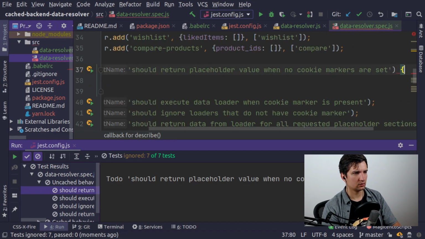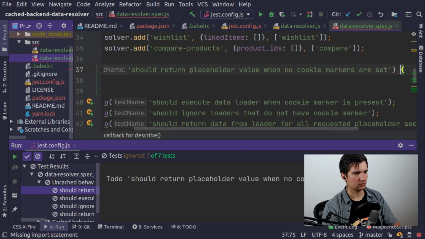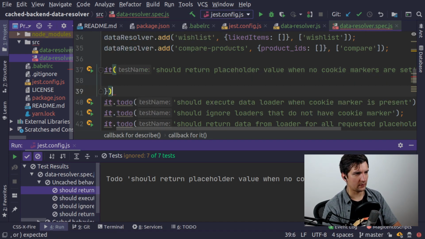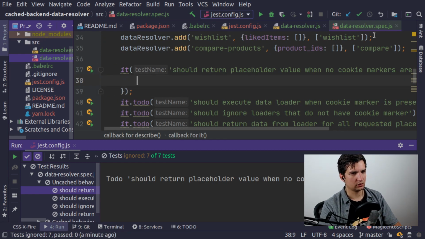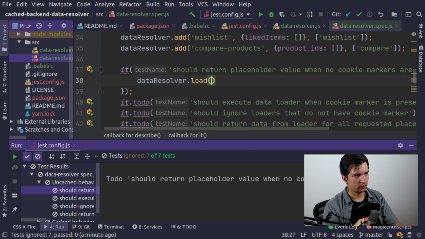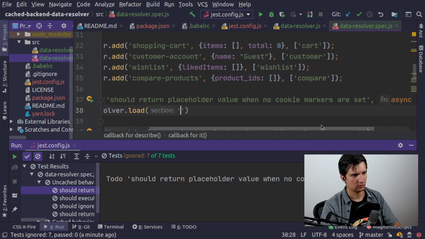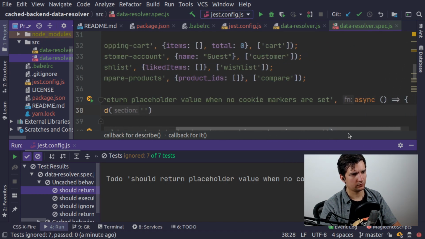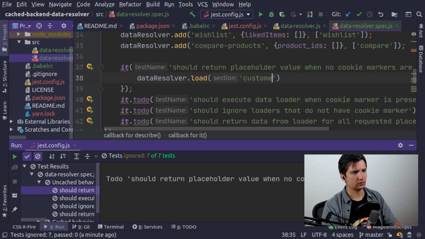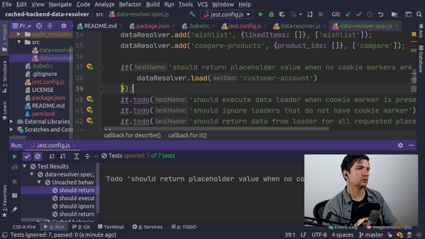So what we're gonna do here, we're gonna make it a proper function. It's actually gonna be an async function because our load method is gonna return us a promise. So we're just gonna use an async test execution here. So we will use data resolver, load, which section we're gonna load. Should return placeholder value when no cookie markers are set, and for which one we don't have any cookie markers. For customer account. So let's say customer account, load,